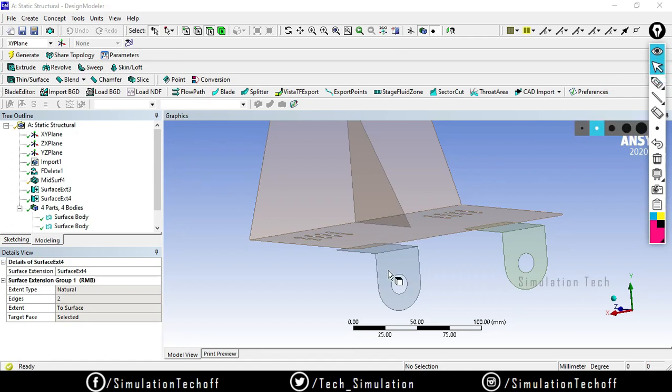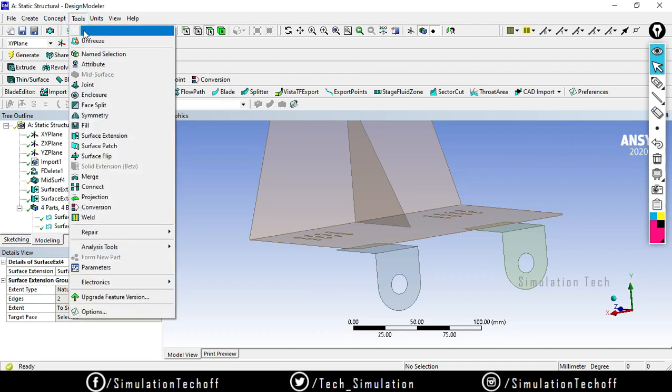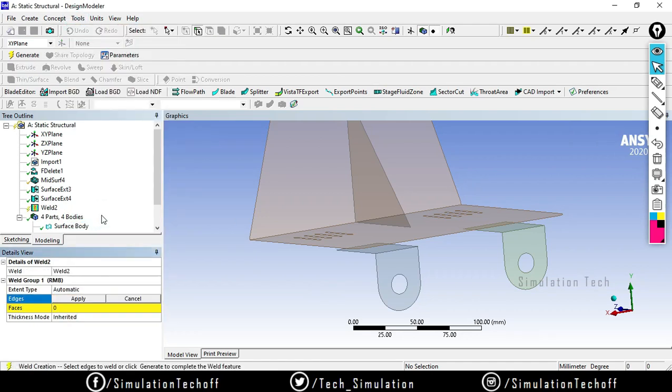You can use the weld option to connect the two structures. Go to tools, weld. This option is only available in ANSYS 2018 or above. It is not available in 15 or 16 or like that. So this feature is only available in higher versions.